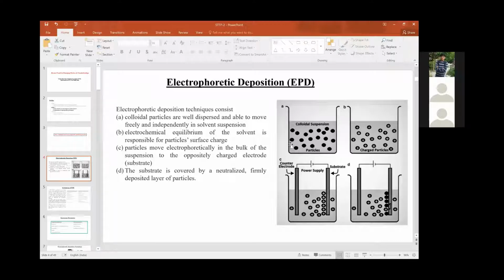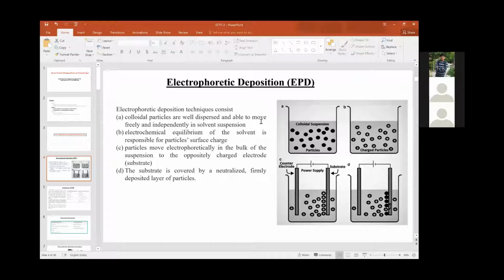If we want to synthesize a material, then we need a material precursor. For example, if we want to synthesize manganese oxide, then we need a manganese precursor, for example MnSO4 or MnCO3. And if we want to deposit MnO2 onto the current collector, onto the substrate, to make a thin film, then we need previously synthesized MnO2 and make a colloidal suspension.